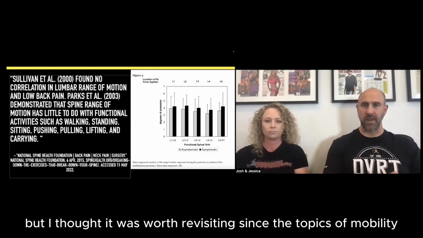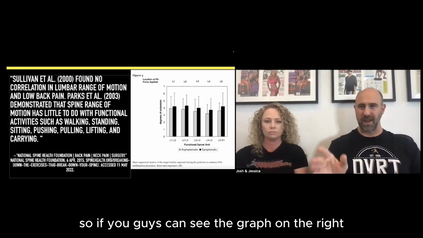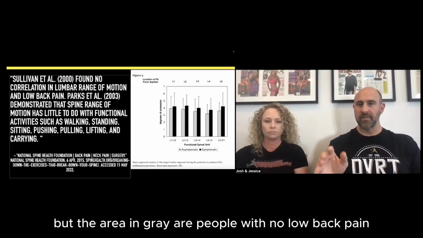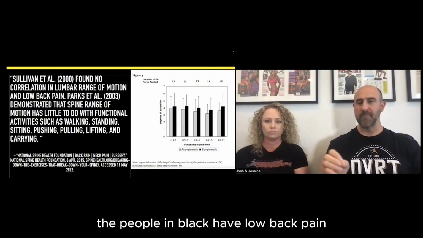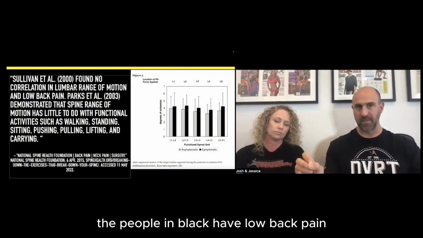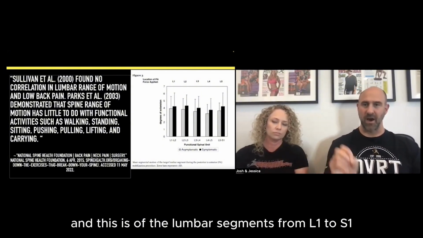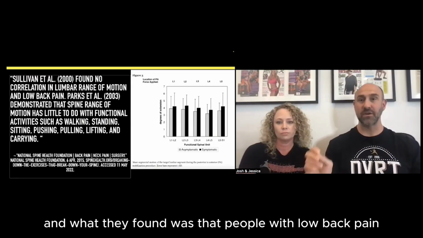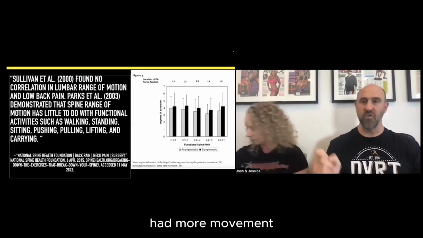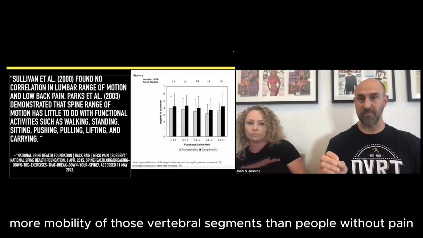If you guys can see the graph on the right, I know it's a little hard here, but the area in gray are people with no low back pain. The people in black have low back pain. And this is of the lumbar segments from L1 to S1. And what they found was that people with low back pain had more movement, more mobility of those vertebral segments than people without pain,